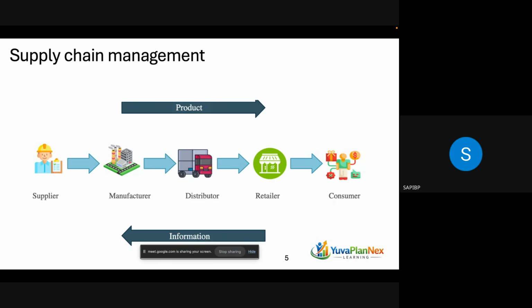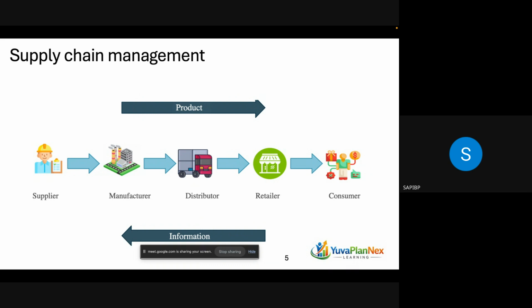So if you want your organization to sustain in the market, you need to be able to manage this flow well. Whenever the demand comes, if you are able to fulfill that demand on time, then you can sustain in the market. For that to happen, this demand flow and the supply flow should happen on time. So you should be able to fulfill at the right time, with the right quantity, with the right quality. If you follow these three things, then you can manage in the market.